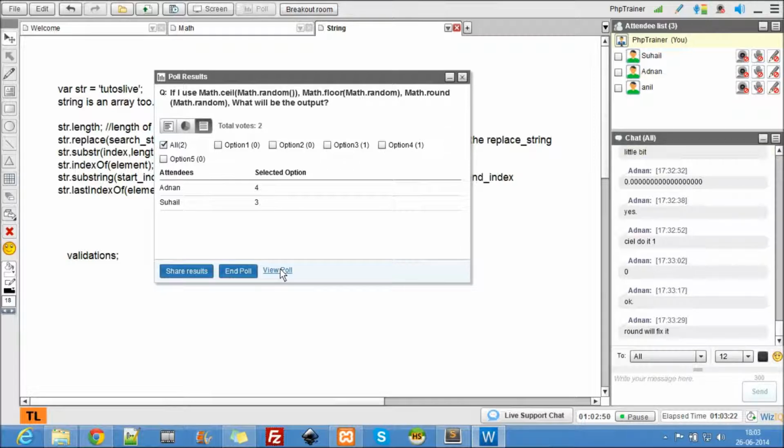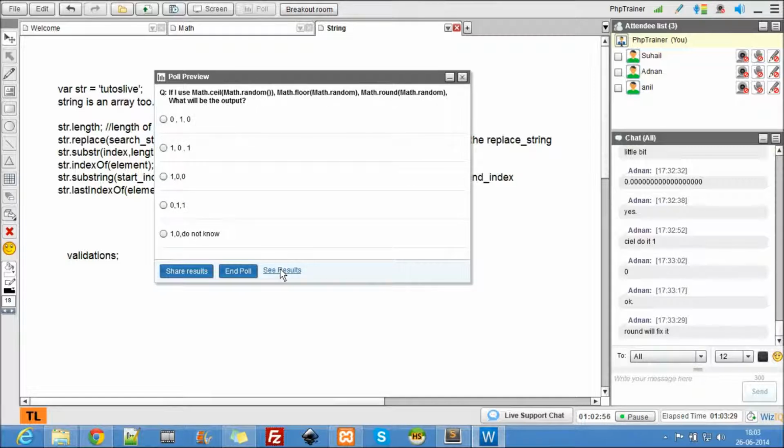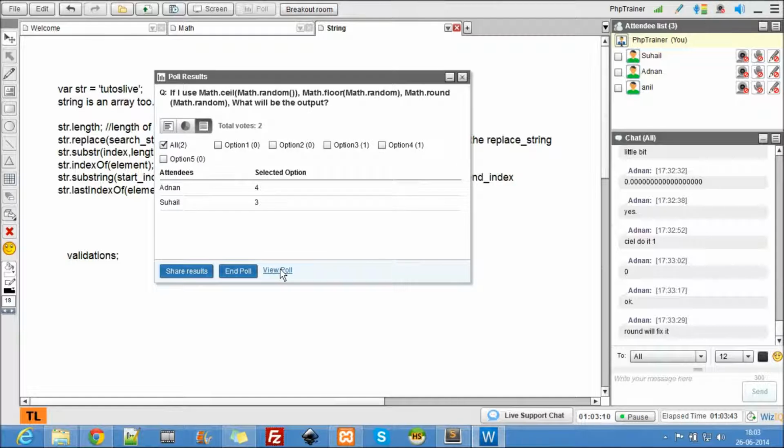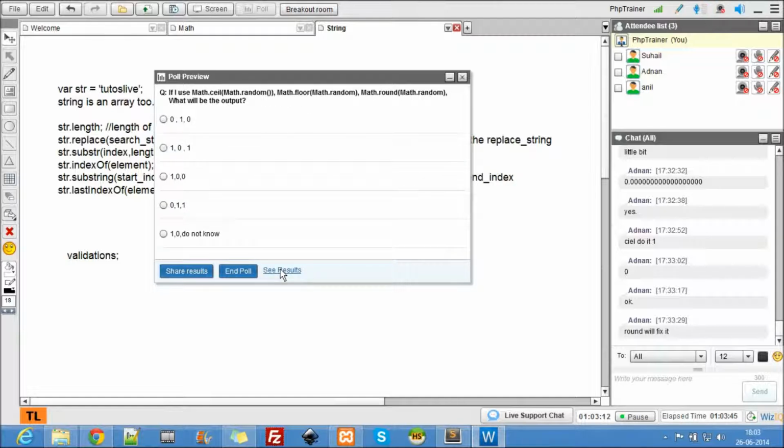If it is more than 0.5, it gives 1. So the correct answer is 1, 0 and do not know, because you can't really predict what this Math.round of Math.random will produce. So the correct answer is option number 5.